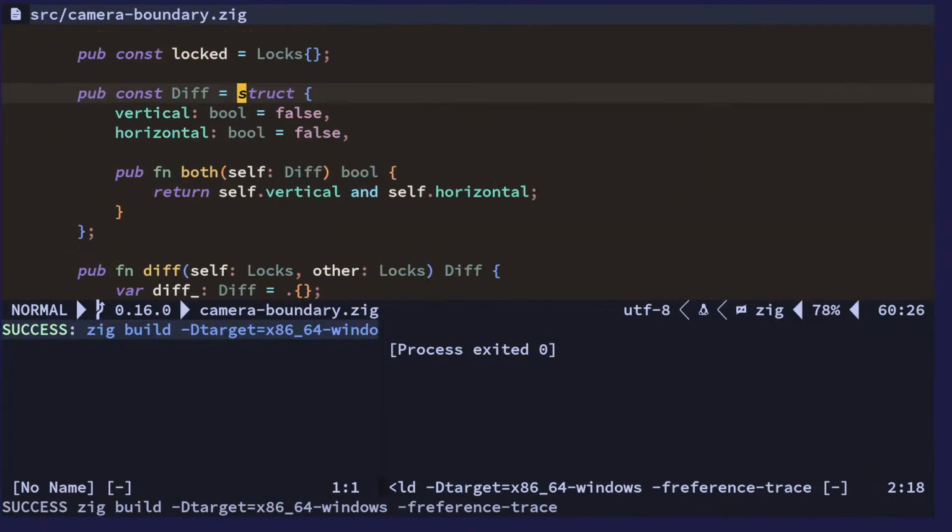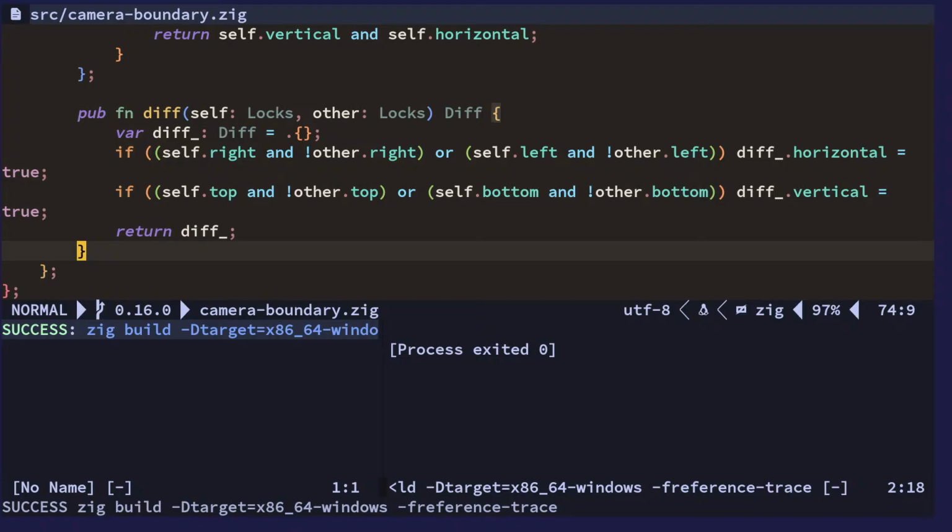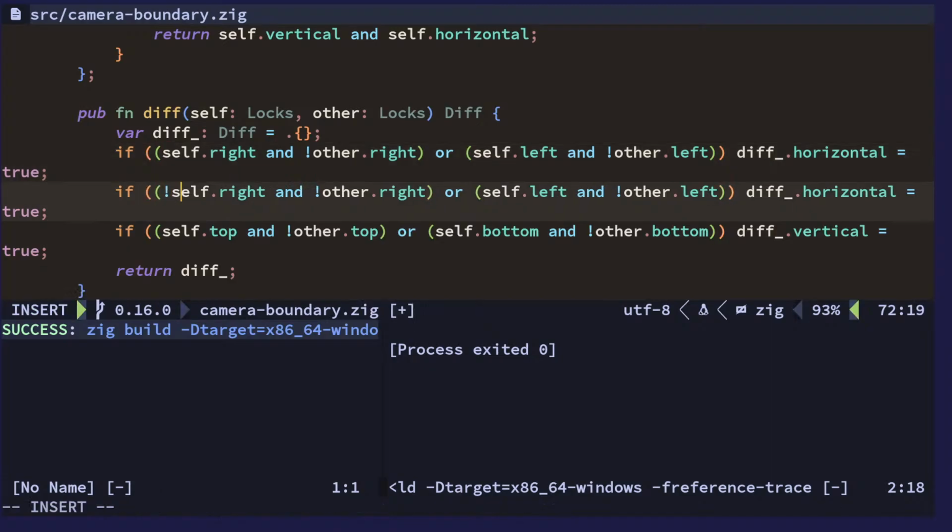When we do the diff, we have to check the other way around as well. We have to check like either this is right and that was not right, or this is left and that was not left, or the other way around, right? This is not, and